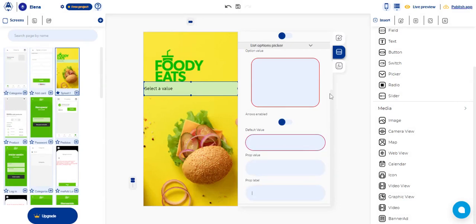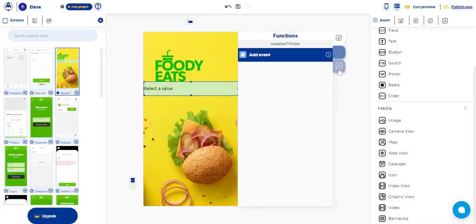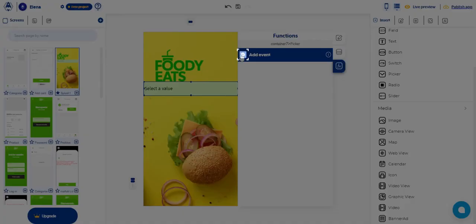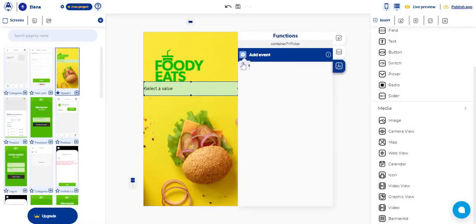Select the events icon. By clicking add event, you can enter an event to the property. Clicking the on change event triggers when the value of the picker